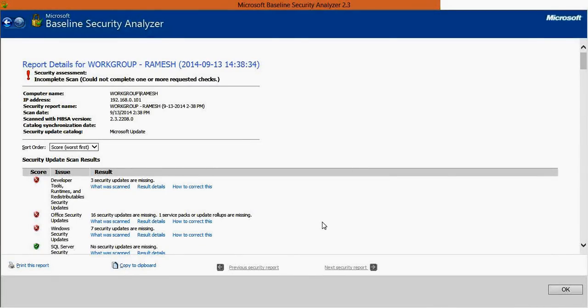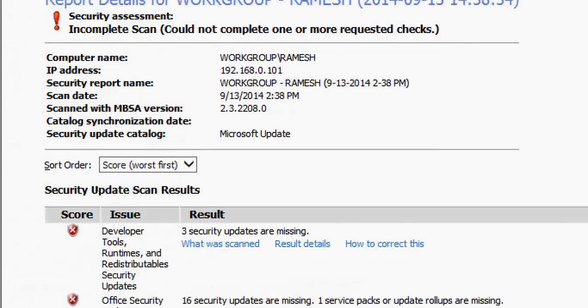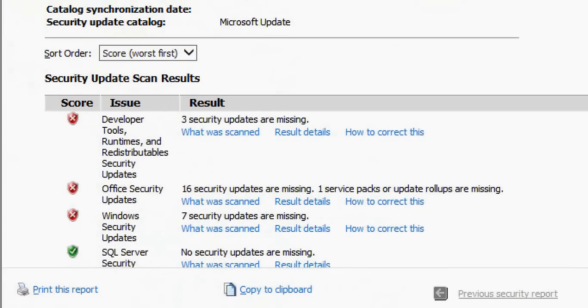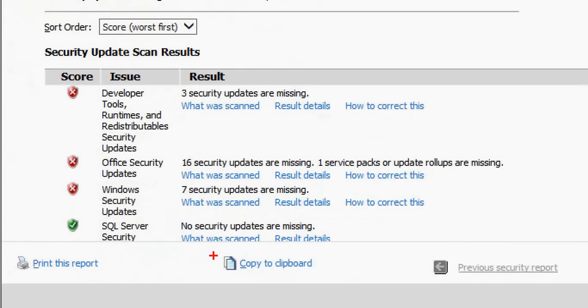Okay, now our Microsoft Baseline Security Analyzer is ready with the report, and we'll just have a view into it. Here you can see SQL Server security: no security updates are missing, which is a good sign. Here some Microsoft Windows 7 security updates are missing.